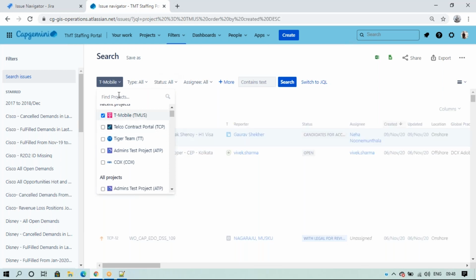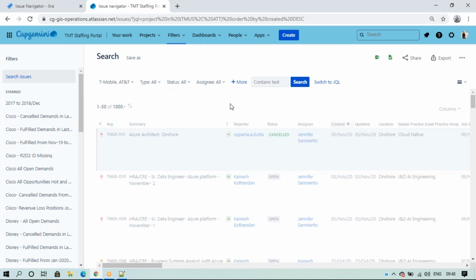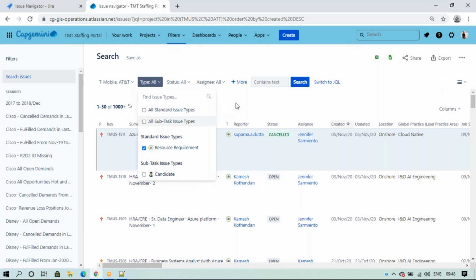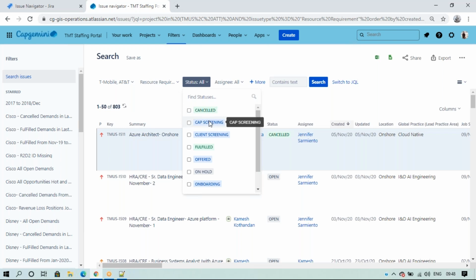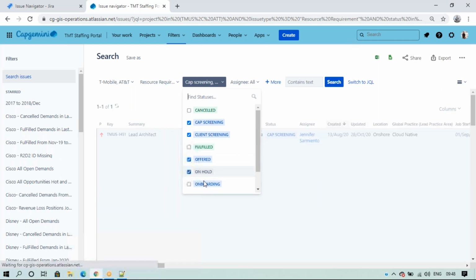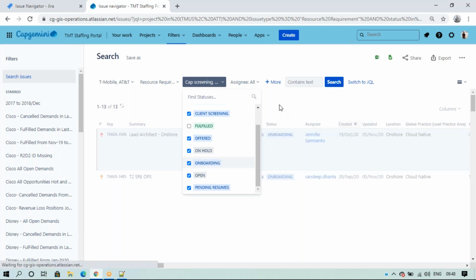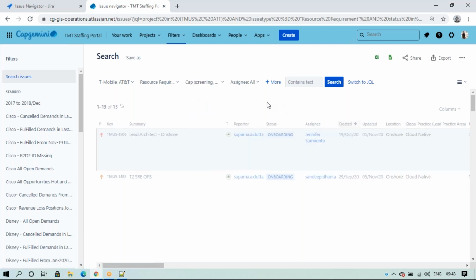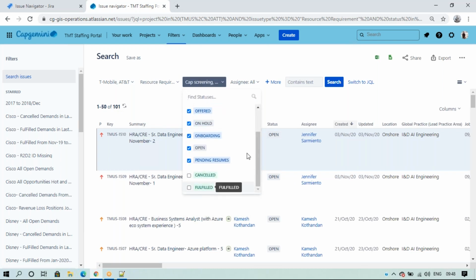Issue type I have written resource requirement, and status is equal to, and cascading kind of, for onboard loading, open, pending resumes. Total 101. Okay, I choose all of this except cancel and fulfill.